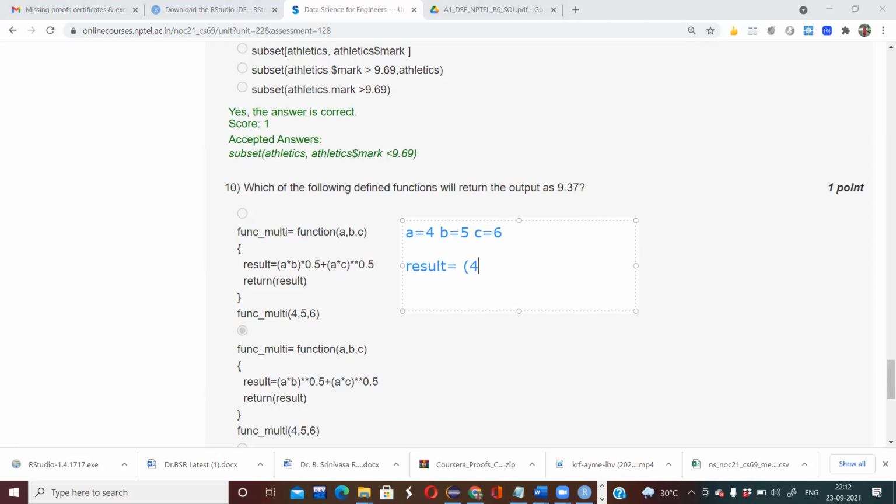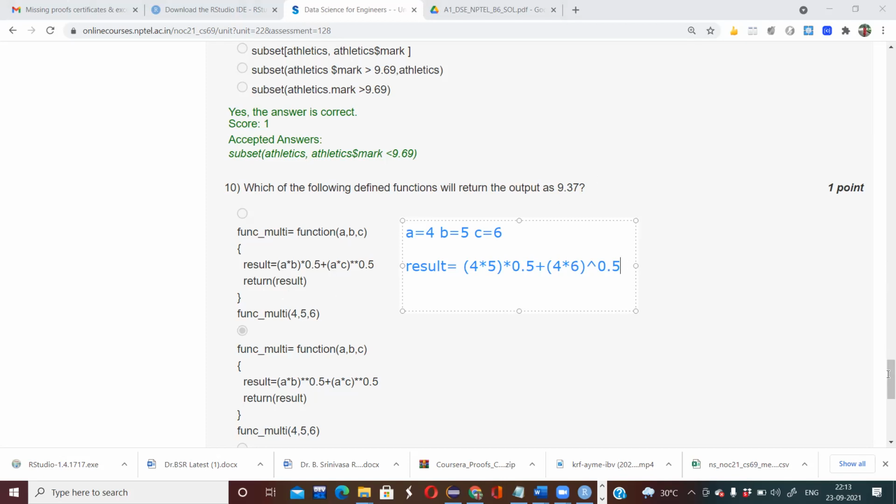So we can do normal operation here: 4 into 5 to the power 0.5, plus a into c, 4 into 6, to the power 0.5. If you calculate this value, you will not get 9.37 for the other options.